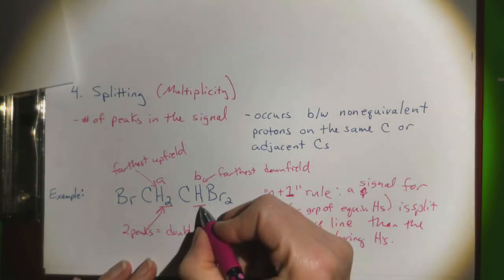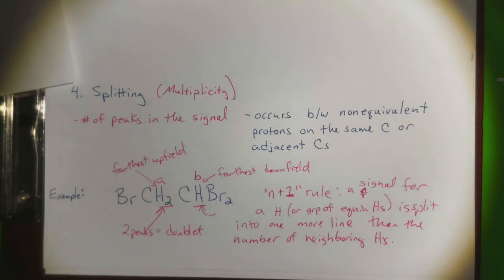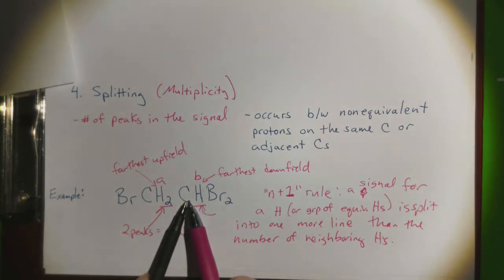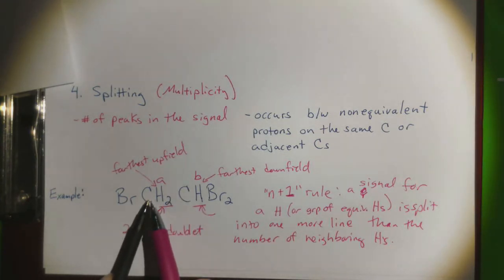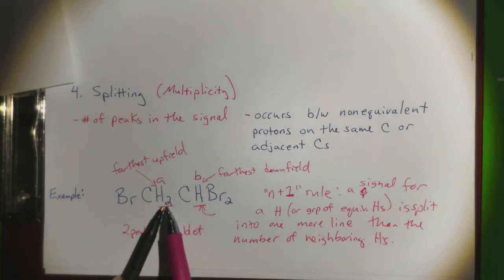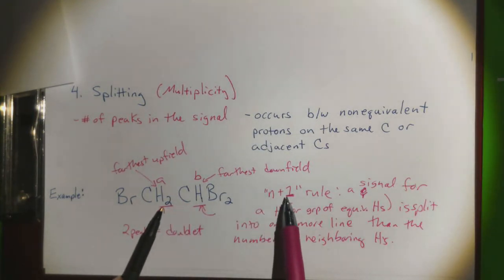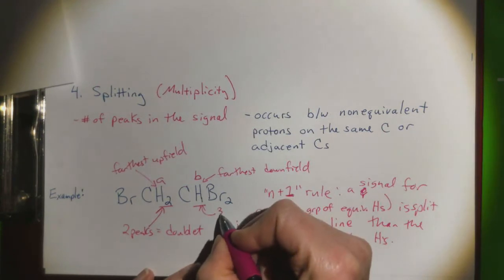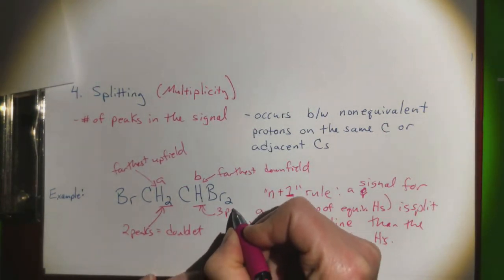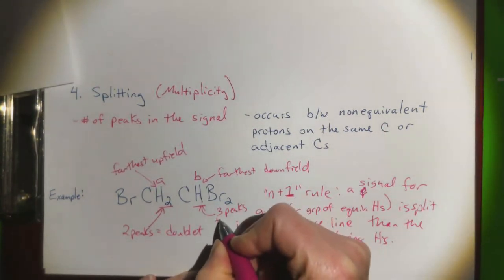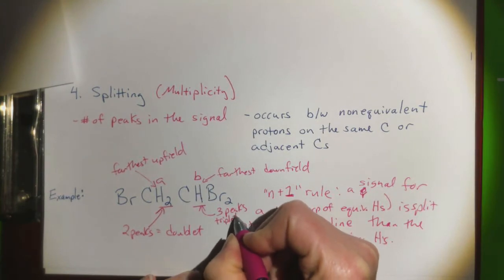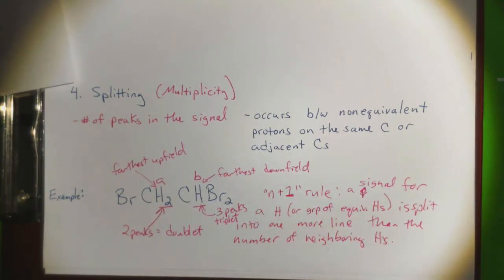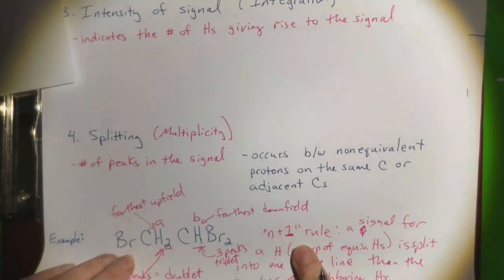All right, what about the multiplicity of this signal here? Going next door, this is the carbon it's attached to. Next door to it is this carbon, and it has 2 hydrogens. So n here is 2, and 2 plus 1 is 3. So this gets split into 3 peaks, and that's called a triplet. Okay, let's take a look at, I'm going to make a table for you